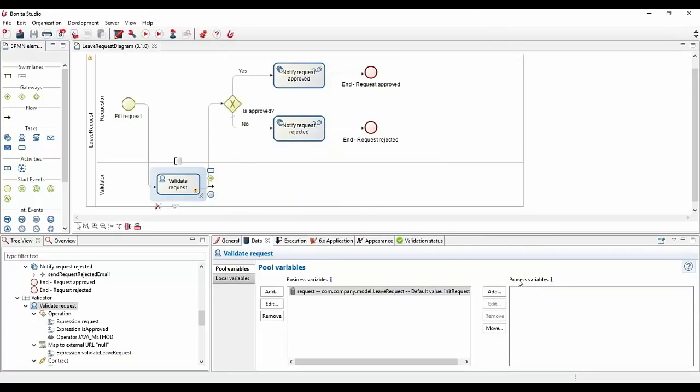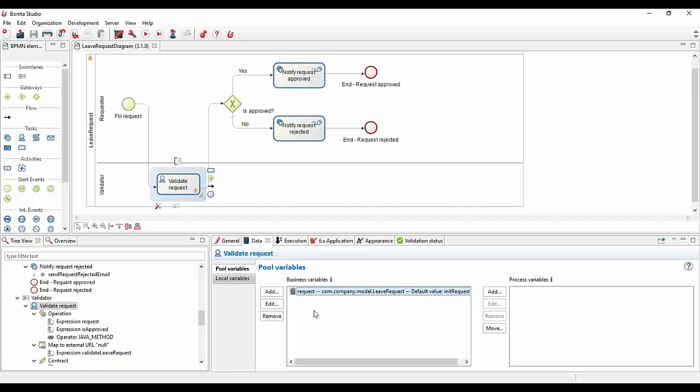These process variables are really useful only to have information about the flow. This is a business variable, it's called business. A process variable is just related to the process itself, and this will be stored in the engine. So for performance, it's really not a good idea to put your business data there. Process variables are used only for the flow. As soon as you have business data, it will be a business variable if you are using BDM.